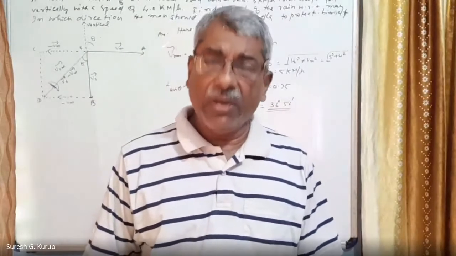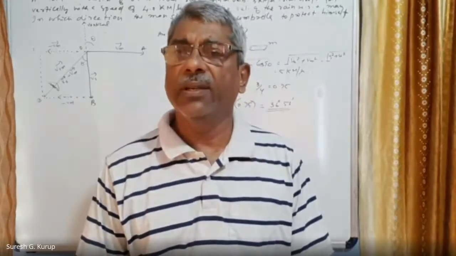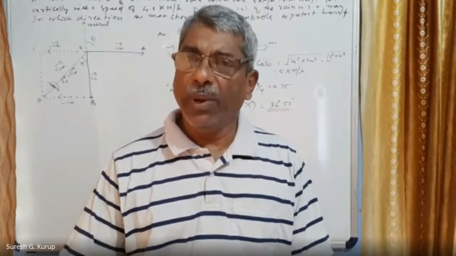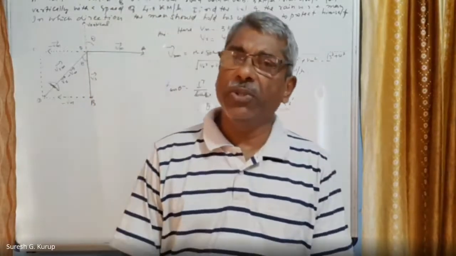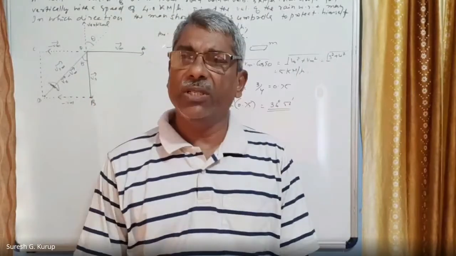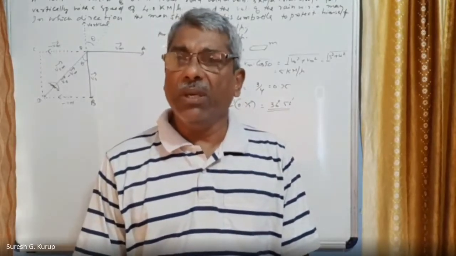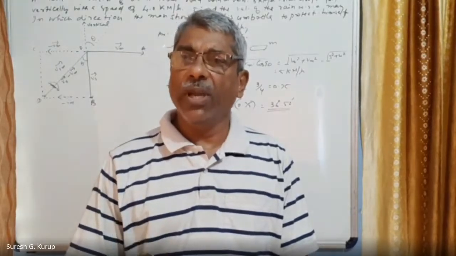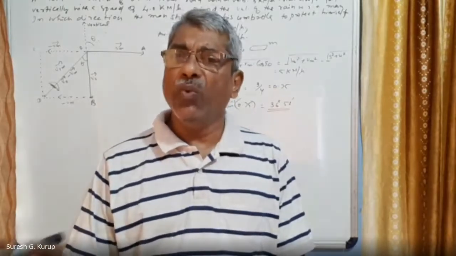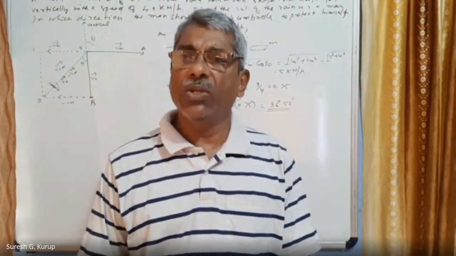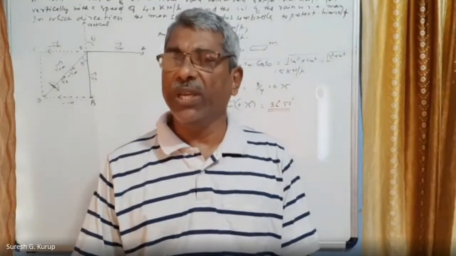Today we are continuing with relative velocity. Yesterday we said what relative velocity is. The velocity of one body compared with the velocity of another body is called relative velocity. Suppose two bodies are moving with two different uniform velocities, VA and VB respectively. Then VAB, the relative velocity of A with respect to B, is given by VA minus VB, or VBA, the relative velocity of body B with respect to body A, is equal to VB minus VA, right?